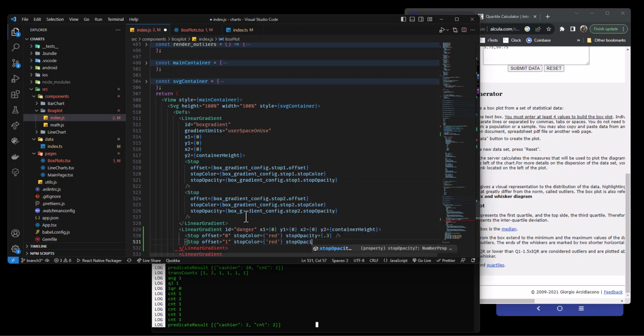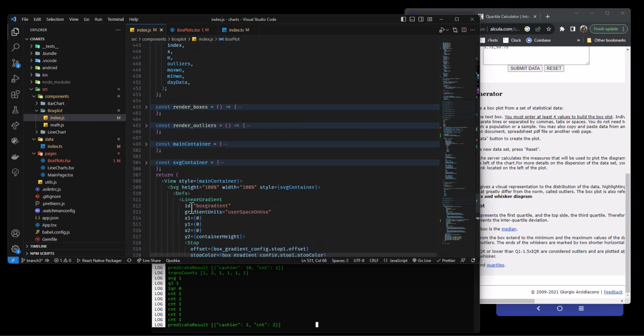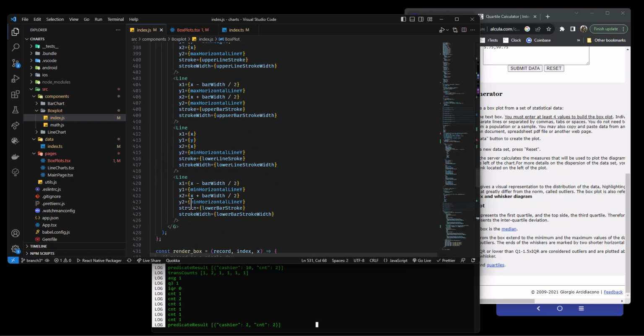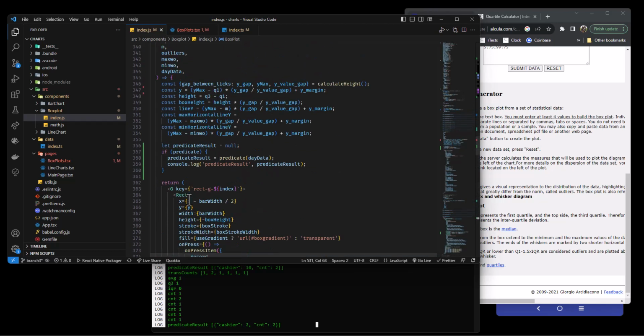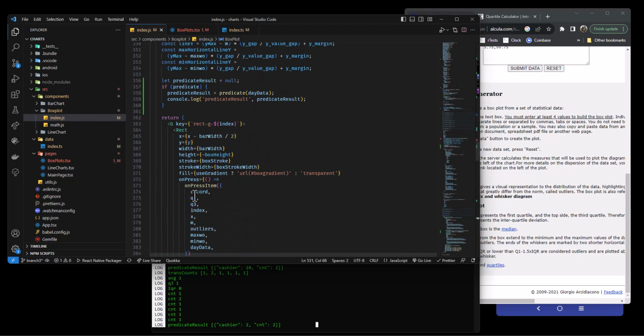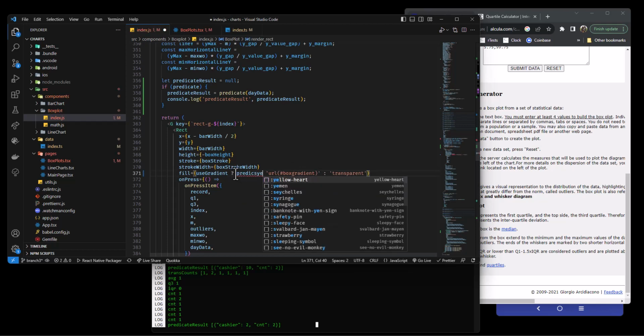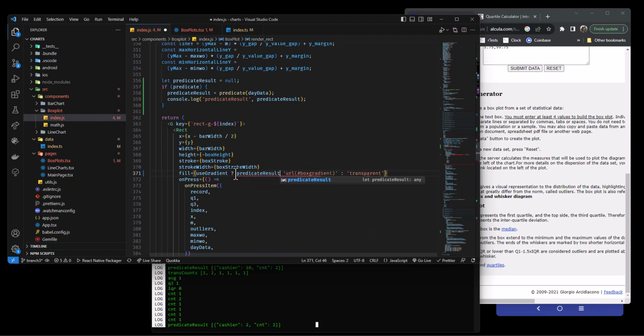Stop opacity equals 0.8. And up here, we'll say if it is a use gradient, then if predicate result.length is greater than 0, URL danger, otherwise,